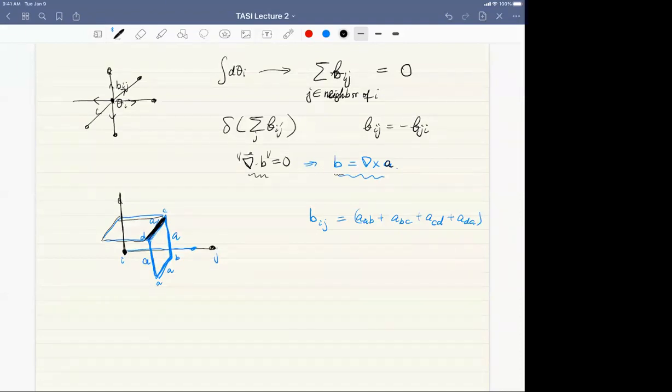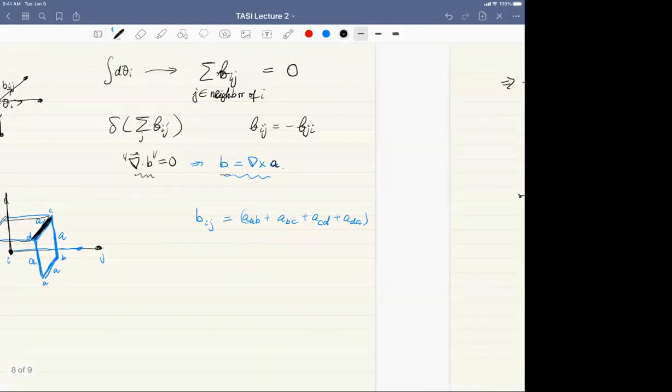It's just one component of the field strength, which is B, and its energy, its